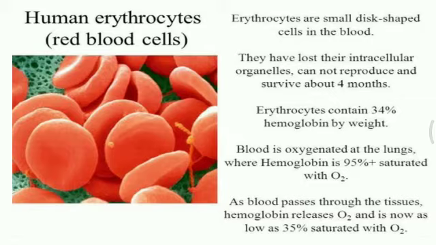The lifespan of these matured RBCs is 120 days, and the main purpose of these erythrocytes is the exchange of gases. When I say exchange of gases, it takes in oxygen from the lungs and transfers it to the different body parts. From the different body parts, it takes up the carbon dioxide and supplies it back to the lungs, from where it exchanges this carbon dioxide for oxygen again, and the cycle continues unless we die or the RBC itself dies. So this is how the exchange exactly occurs.